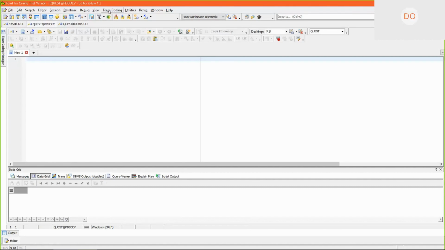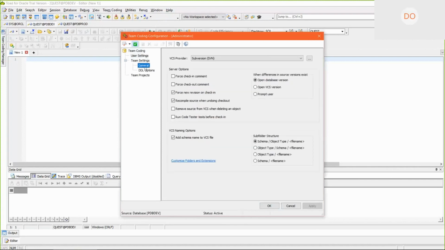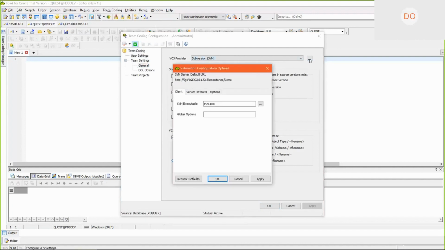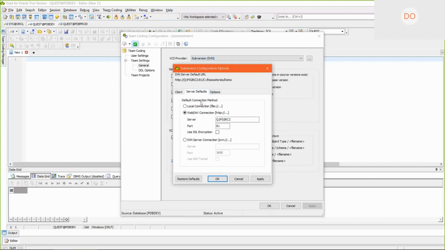And we have a module called Team Coding that will do that. So if I go to Configure Team Coding, you will see we support pretty much all the major version control systems, Git and Subversion, Team Foundation Server, PowerFirst, Mercurial seem to be the most common. And then just via this button here, you can set up